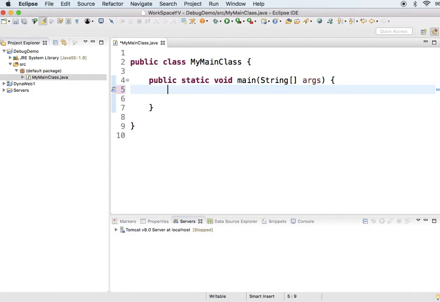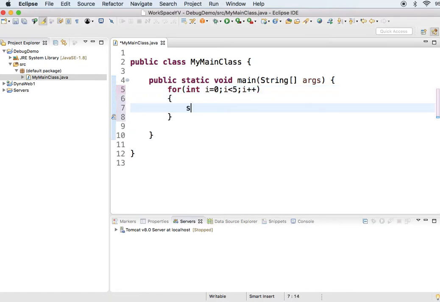I removed it. Then I will just keep a loop inside it, a for loop, int i equals 0, i less than 5, i plus plus.